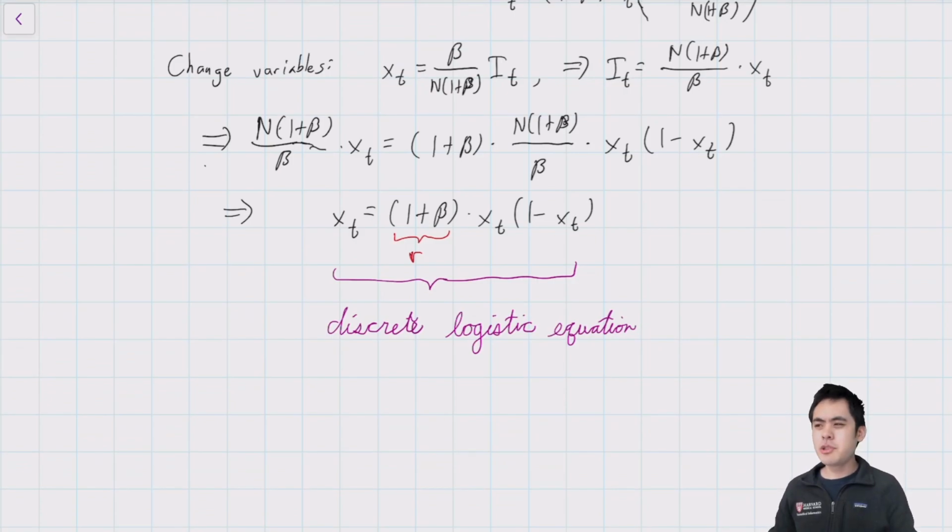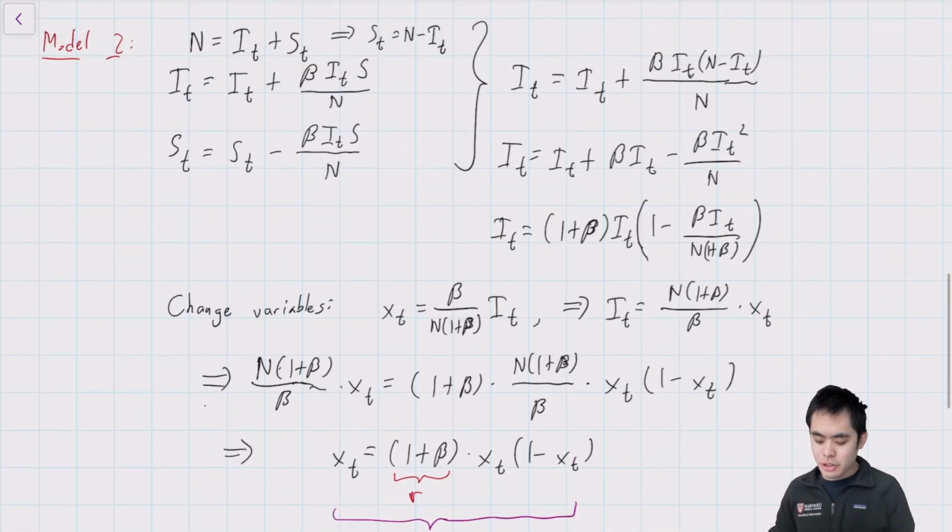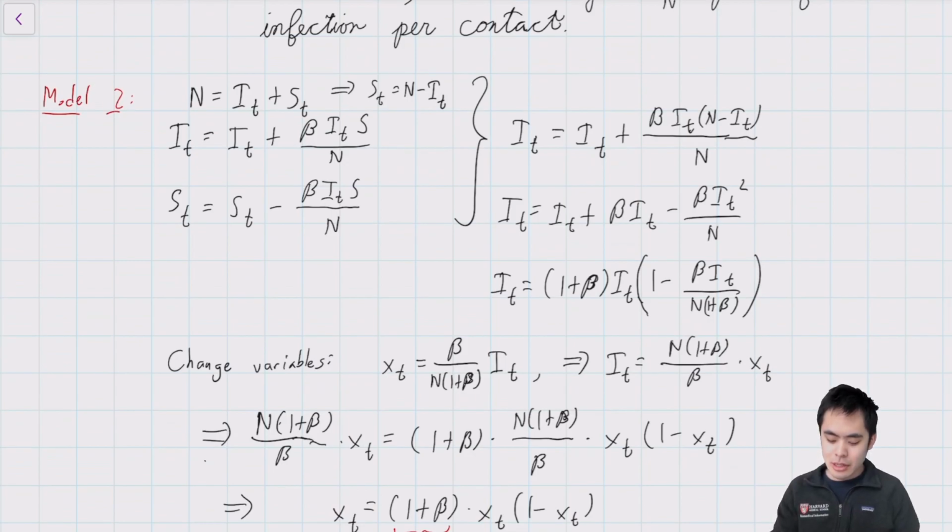But now, at this point, you should be thinking to yourself, this seems a little bit odd, because we know that we already studied the discrete logistic equation, and we know that the equation has cycles and chaotic behavior for r greater than 3. On the other hand, we also know that here, the number of infected individuals is growing over time. So it's growing monotonically, because once you've become infected, there's no mechanism for you to not be infected in our model. And so I sub t should only be